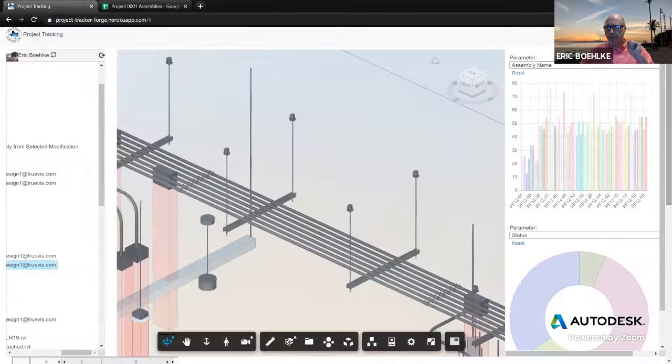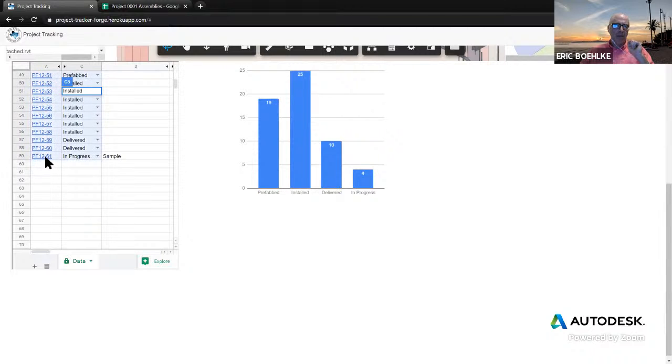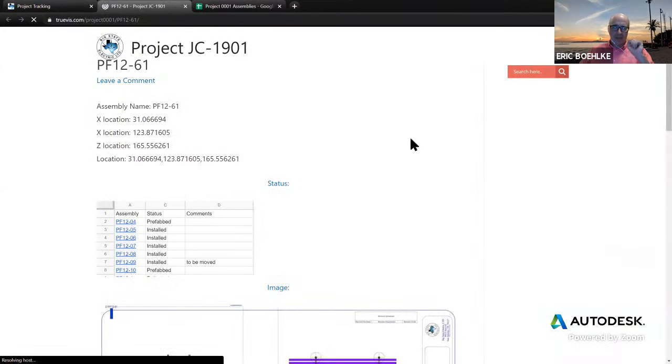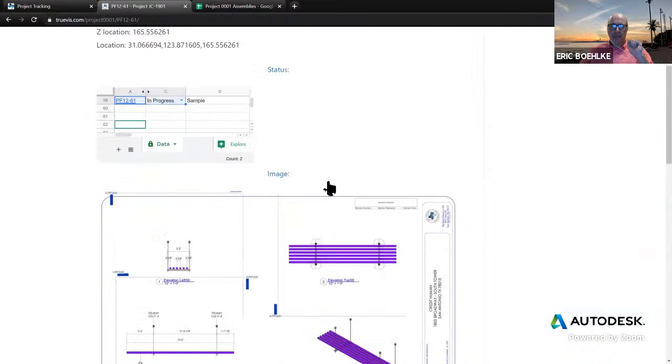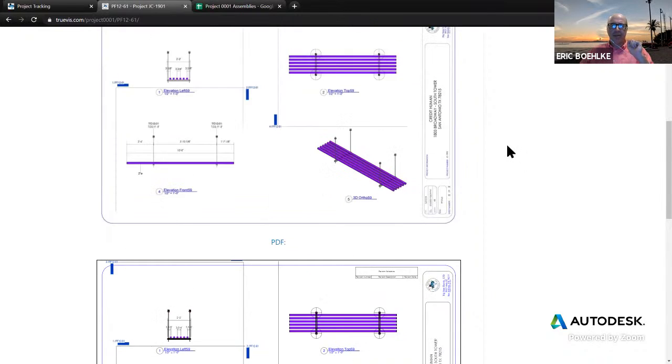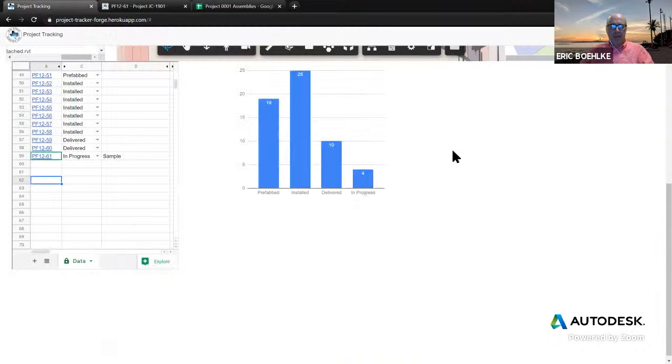There's also one more feature here. Because this is web, you can have links to other web pages, to whatever that might be. In this case, it's a WordPress site that has information about the assembly. Also that same database, which is the spreadsheet, and images, PDF, whatever else we want to put on those separate web pages. Back into Revit,